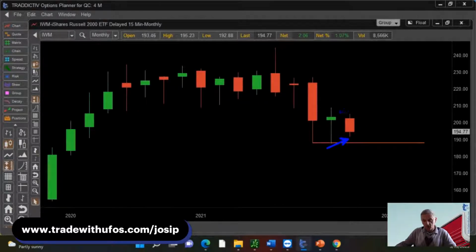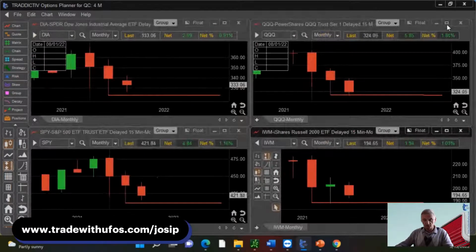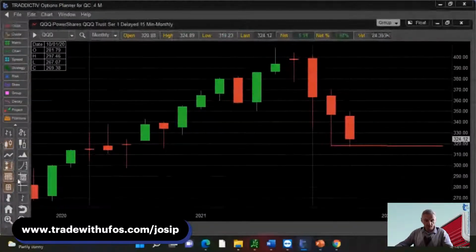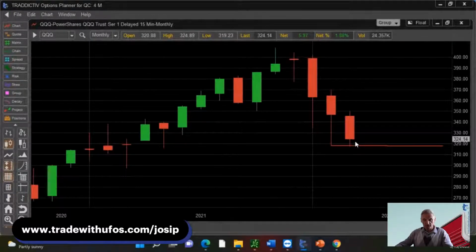Now, of course, we would need to make a higher high, and as of now we are creating what kind of high? Well, this is called a lower high. So I really don't think personally that there's a trade on IWM, but there is something worthwhile for us to observe. If one out of these four ETFs, the Dow Jones, the Nasdaq, the S&P 500, and IWM, is going to break to the downside, I would definitely think the one who is going to cross the border to the downside is the one who is nearest to it, and that would be the NASDAQ 100.